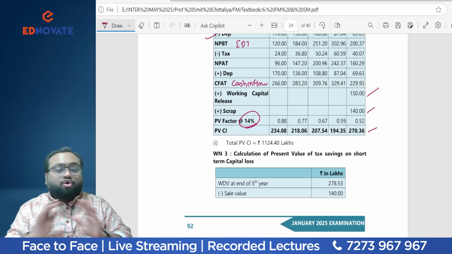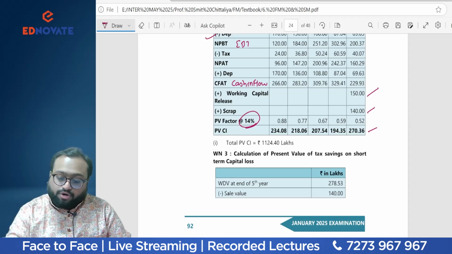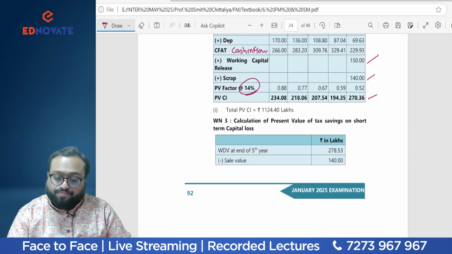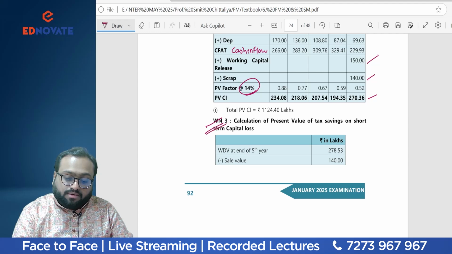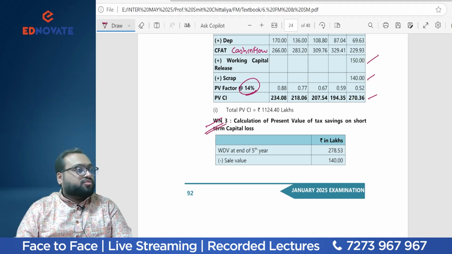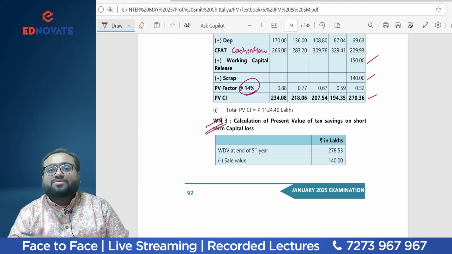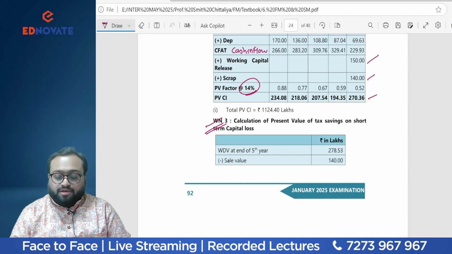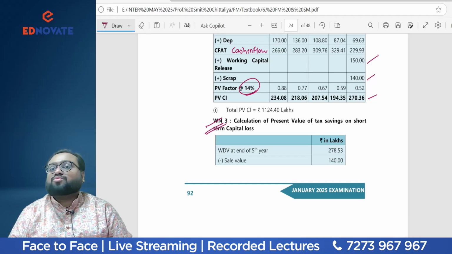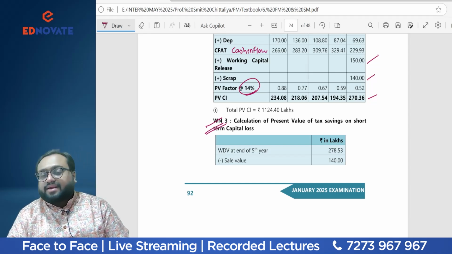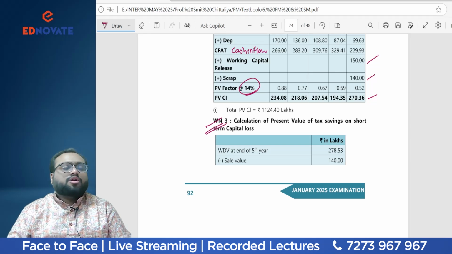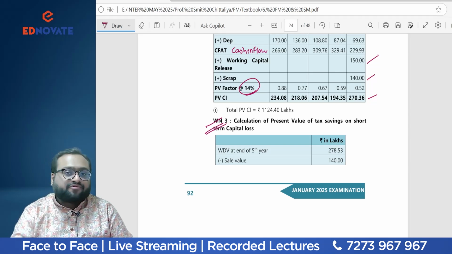This is known by you, nothing to worry. Only one important point what I want to tell you is about the capital gains. This is not a new point, but many students are not aware or they might skip this point. So I want to highlight this point for each and every student. Other things you will be able to do very nicely. You will be able to solve IRR, I know. You know the PI formula also, that is desirability factor.